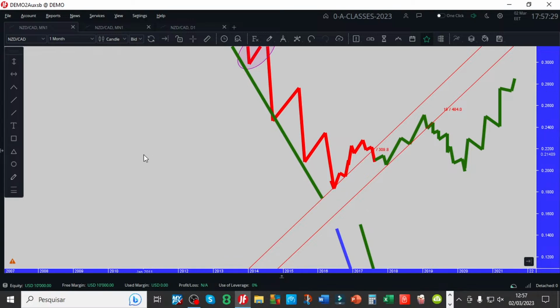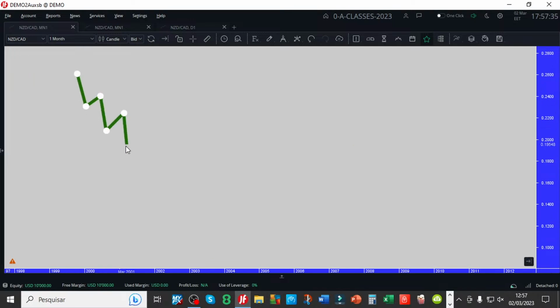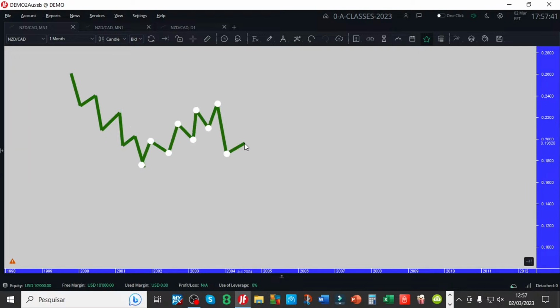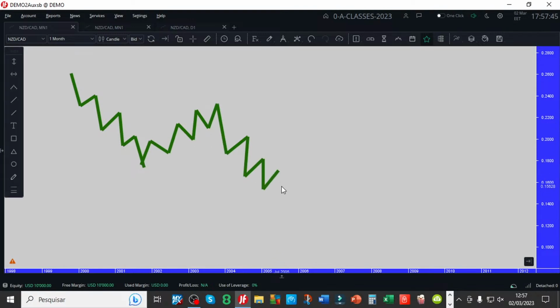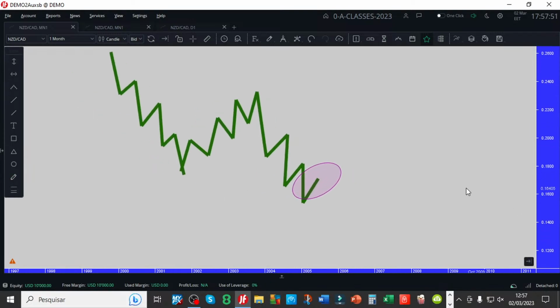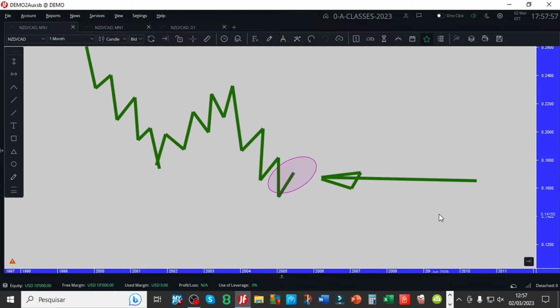Boss, can you give us an easy example? Sure. Everybody, so easy example, right? Lower lows, lower highs, lower lows, lower highs. Higher highs, higher lows, higher highs, higher lows, lower lows, lower highs, lower lows, lower highs. Okay? What you're going to do in here, everybody? Easy example, right? Not to complicate too much. You are here right now. What are you going to do? Are you going to go long or short?